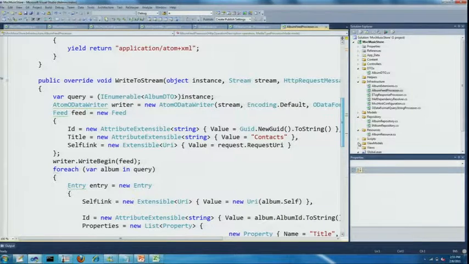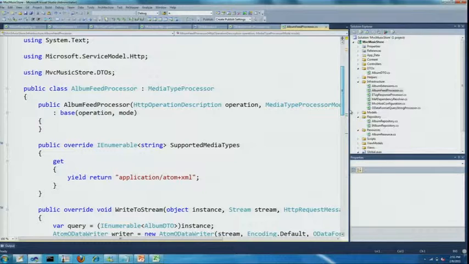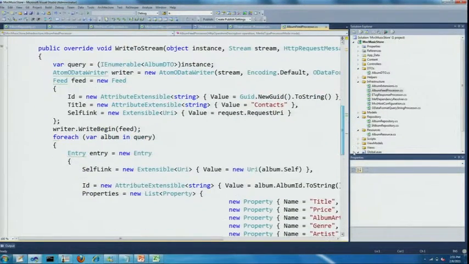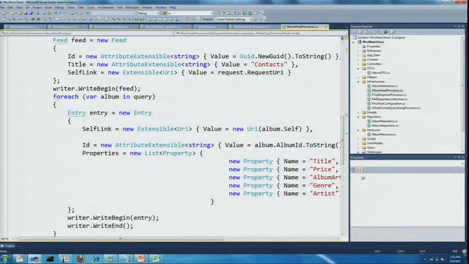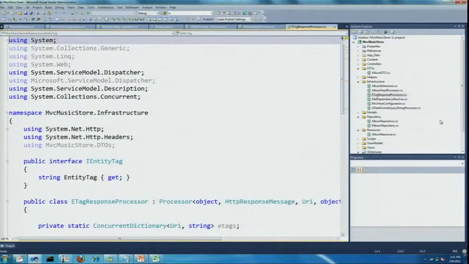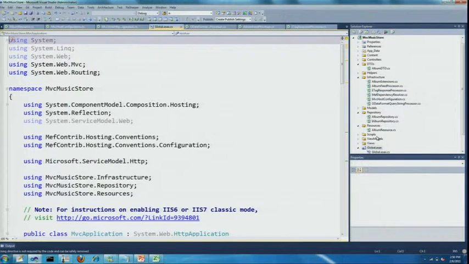I can design my processor such that dependencies get injected because I knew them up or I resolved them from an IOC. So I can have other things that are passed into the processor when it's constructed. So I think in general, everything I've shown you today is actually testable. This I didn't get to show you, but this was just showing a simple example of tagging on e-tags. Let's see if I can just enable that, and then I will get kicked out of here. But hopefully that answers your question around the testability.